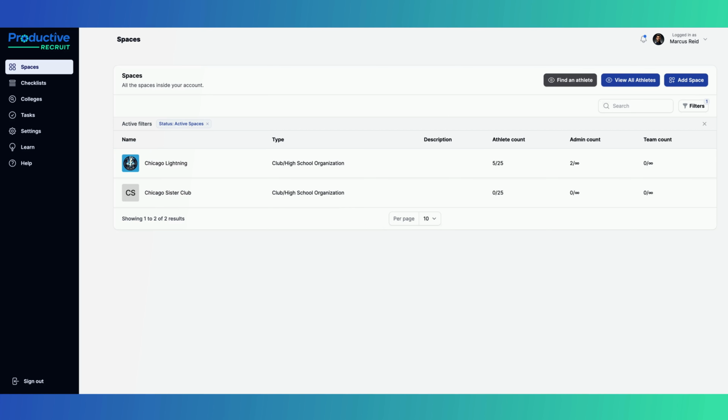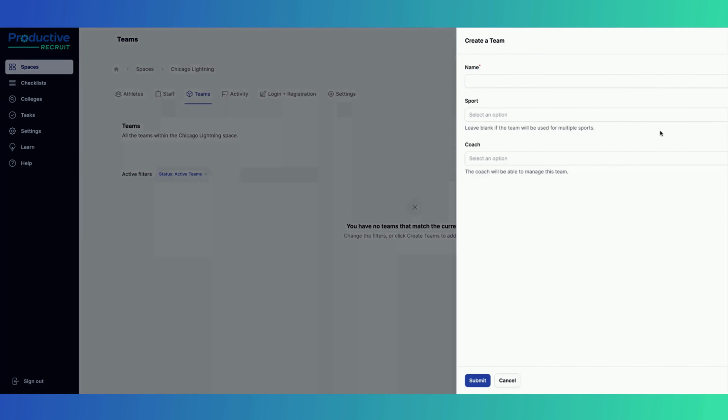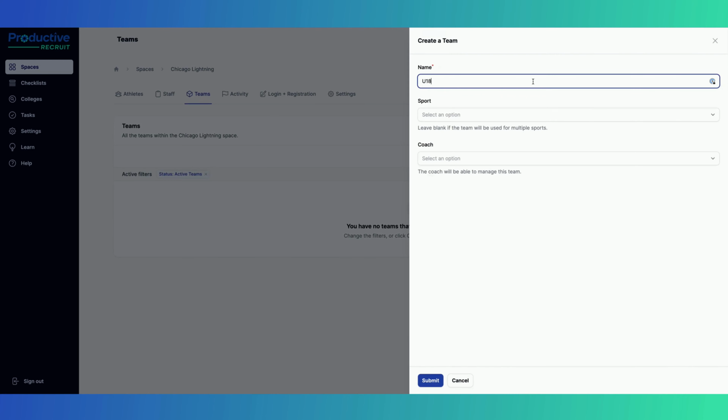Today, we're going to go over how you can create and manage teams on ProductiveRecruit. Let's get started. First, click on the space you'd like to add your team in, and then click the Teams tab on the top. You can click Create Team, and let's call this team U18 Boys White,